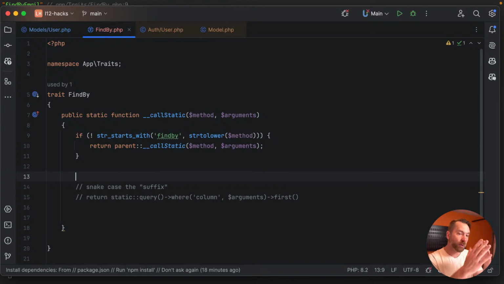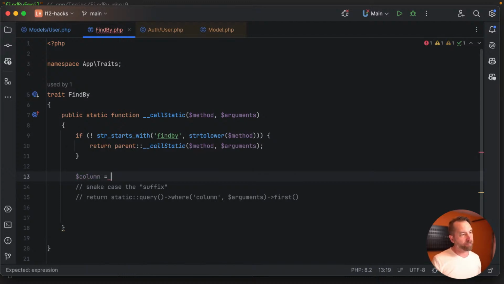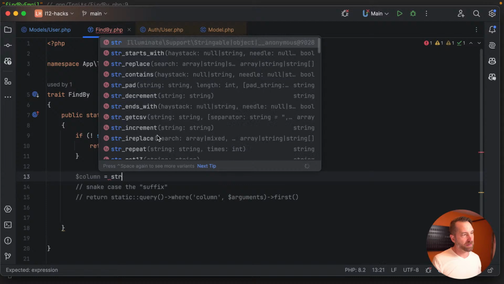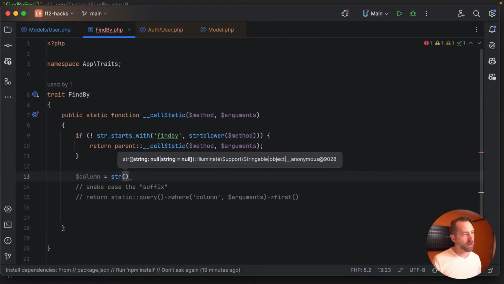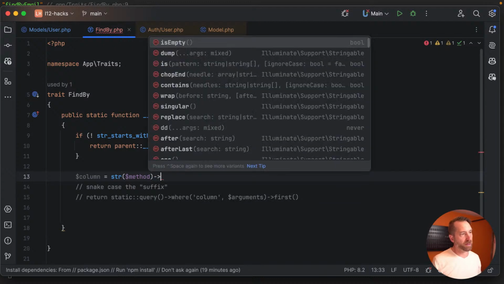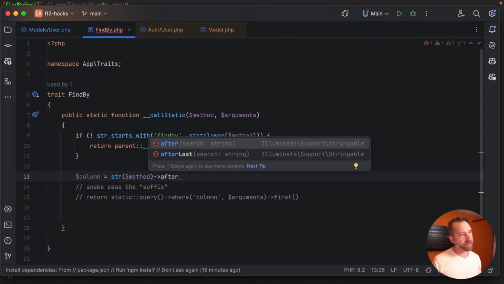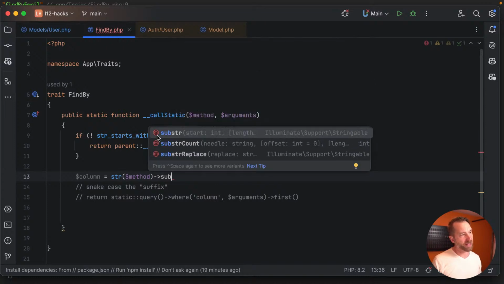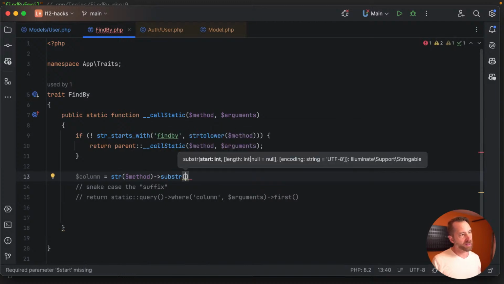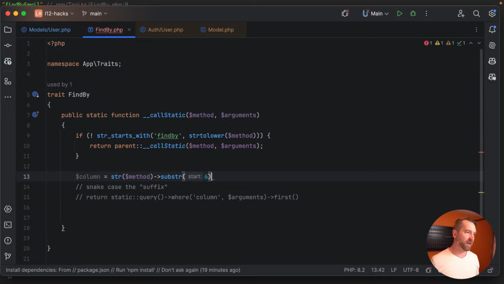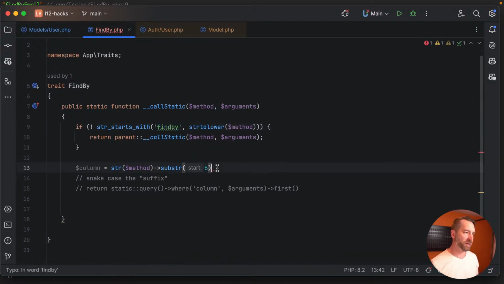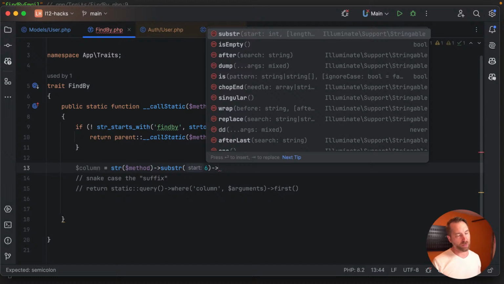So what we want to do now is take the actual column name. Let's stringify this. Let's do an str here on method, and let's get, we'll say after, or can we say substring? Yeah. Let's just say substring 6. That's going to make life easier. This is 1, 2, 3, 4, 5, 6. And then we're going to want to